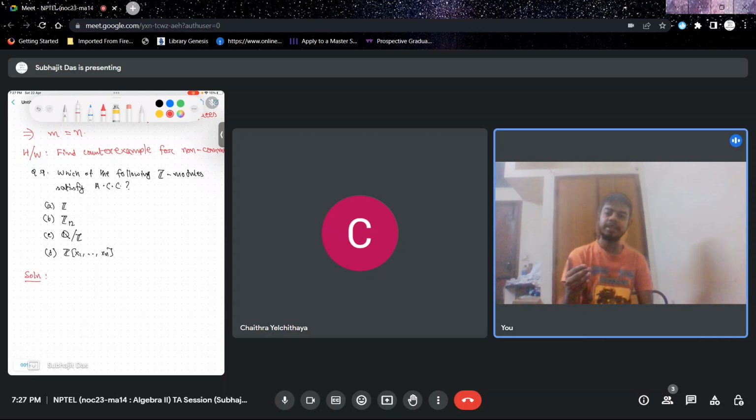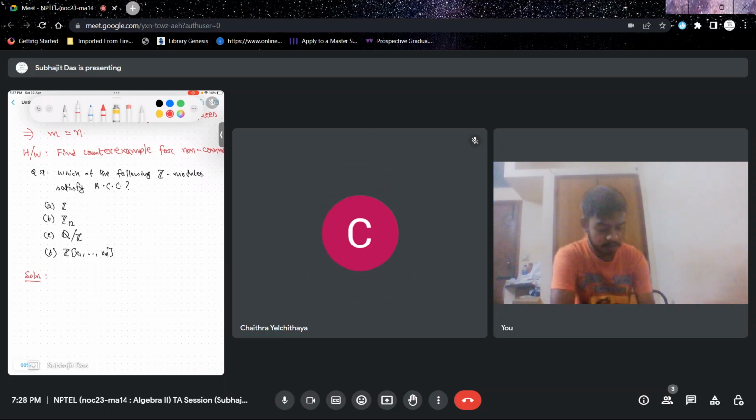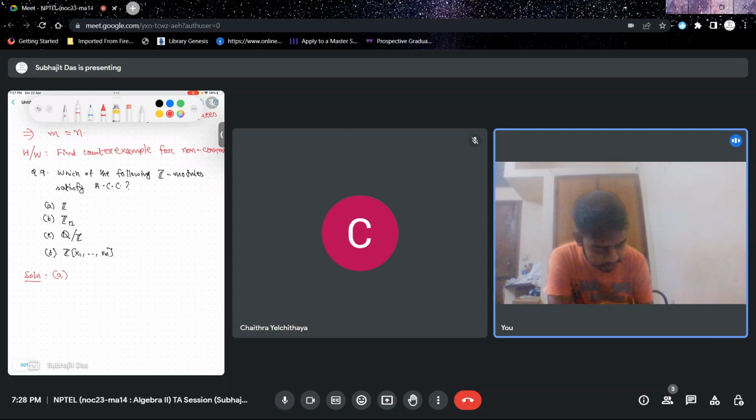Z being Noetherian as a Z module is the same as saying that Z is a Noetherian ring. Now, why is Z Noetherian? Because it's a principal ideal domain, and every PID is Noetherian, right? So A is correct,